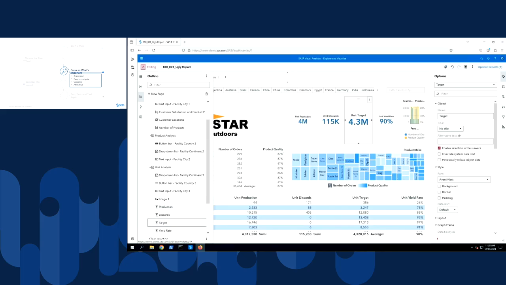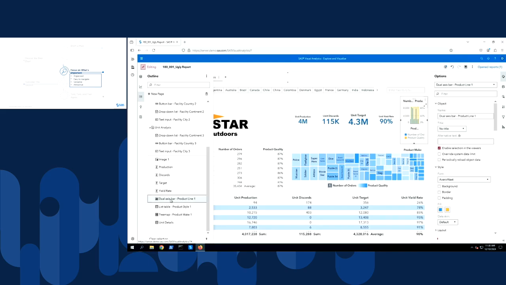Also on the outline pane, if I look at the Unit Analysis page, I want to move the dual axis bar chart, the list table, and the tree map, all of which talk about products, to the Product Analysis page. So I can click and drag each one individually like I did before, or I can click one, hold down the control key, and click the other two, and then drag them as a group.